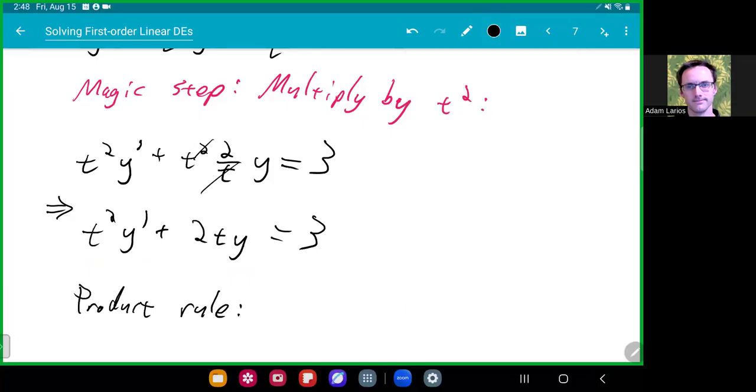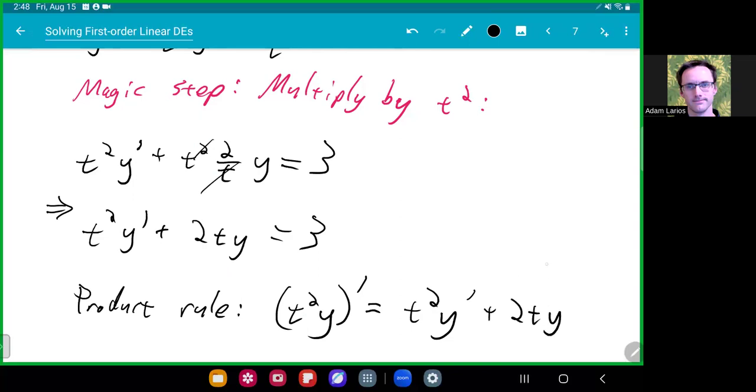So the product rule applied to t squared y is t squared y prime, so take the derivative of the second one, for instance, plus 2t y. Here, this is t squared